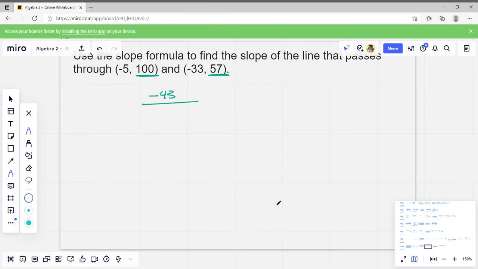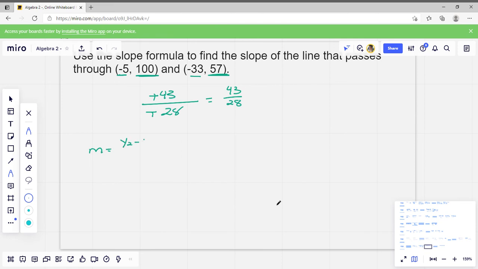And then for my run, it's my x value. I went from -5 to -33. I went down again. Between -5 and -33, I would have moved 28 spaces. These negatives are going to cancel each other, and I'm going to have 43 over 28 as the answer. So if I did it in slope formula, I would say m equals